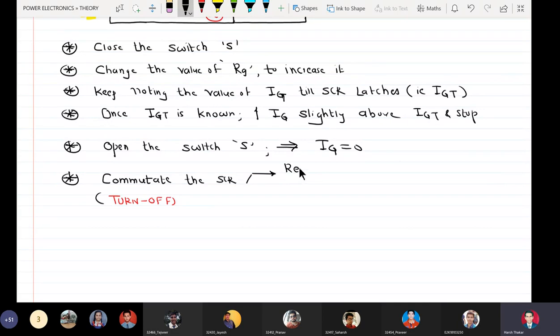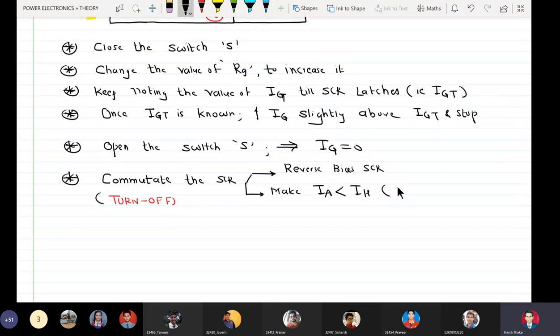Either reverse bias the SCR, so the anode current IA falls below holding current and it immediately commutates, or second, make the device current IA lesser than the holding current value IH.